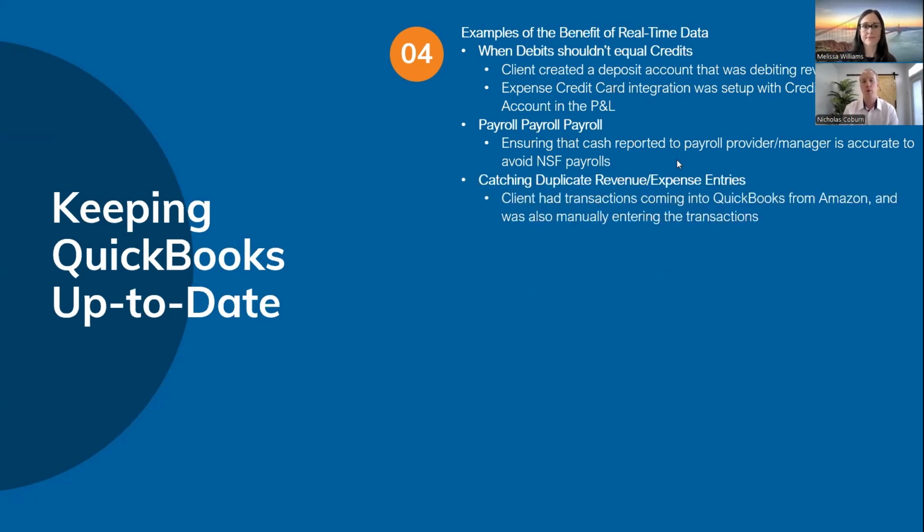We had an example where Amazon was coming directly into QuickBooks, but then the person was also going in and booking manual receipts. So this is a test case exactly for Synder, where they could correct that for sure. So you want to make sure that you're staying on top, because again, this was a case where the client came to us at year end saying our revenue was way too high, don't know what happened, and then we easily saw that there was duplication there.